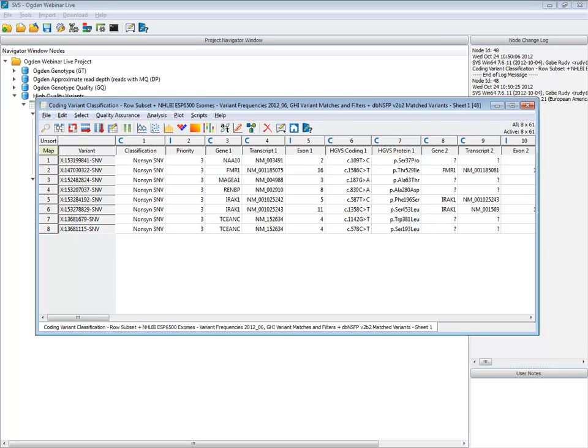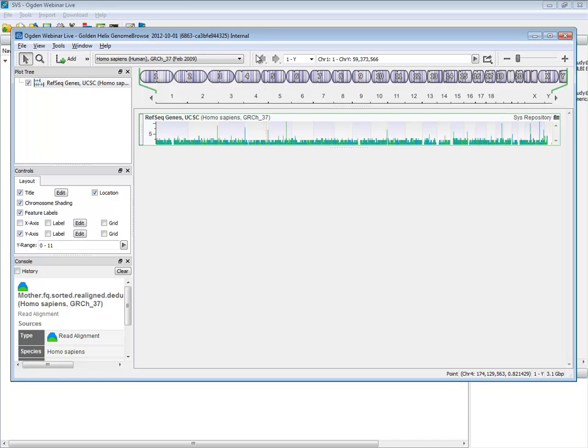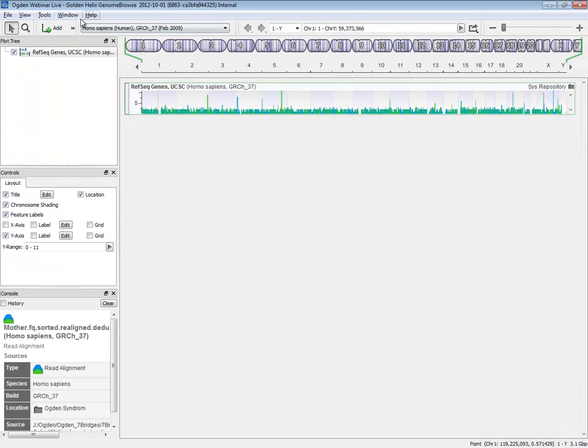So what I'm going to do is open Genome Browse here, and Genome Browse is Golden Helix's free visualization tool. It's absolutely free. We're going to do a lot of great things with this tool in the future. Feel free to jump on board and start playing with this. We have a lot of annotations you can bring in, but it's designed and really optimized around doing an interactive set of analyses and